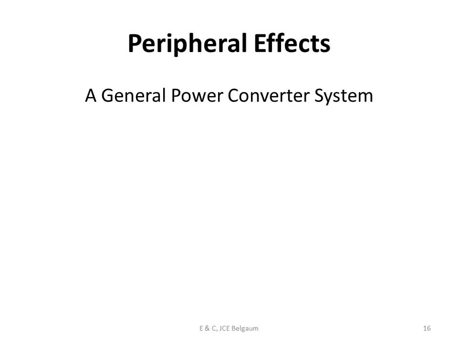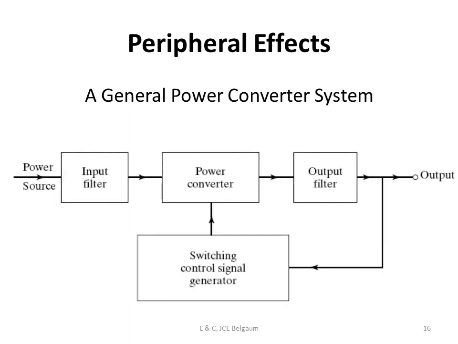Now let us look at something called the peripheral effect. Peripheral means basically the effects that we are going to see because of the switching action of these devices. Now, if I look at any power converter system, what are you going to have? You will have an input source, you will have a power converter, an output source, and to control or regulate the output, I need a feedback. I have a control circuit which is going to control this power converter. These filters I am adding in order to remove the effects called harmonics. So this is basically the general power converter system.